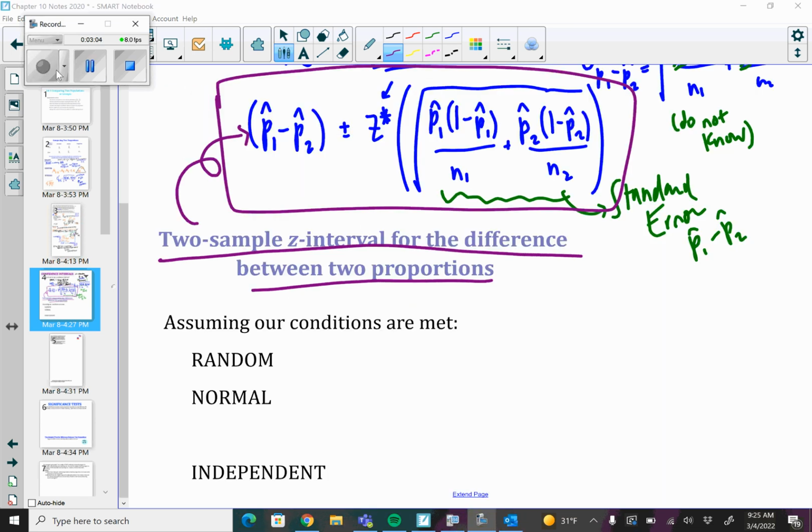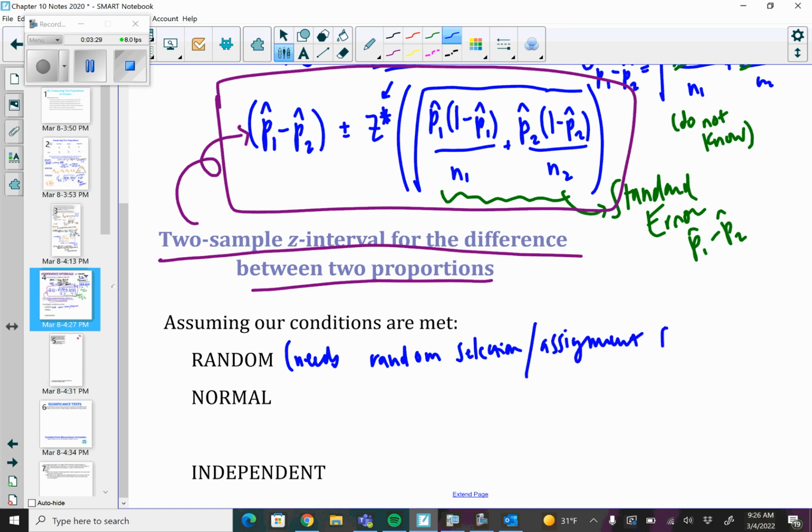And this confidence interval can only happen if our conditions are met. The conditions that we know and love forever and always: random, normal, and independent. Everything stays true as to how we check these. Specifically, random: it needs random selection and assignment from both